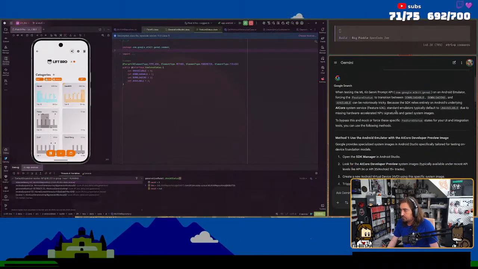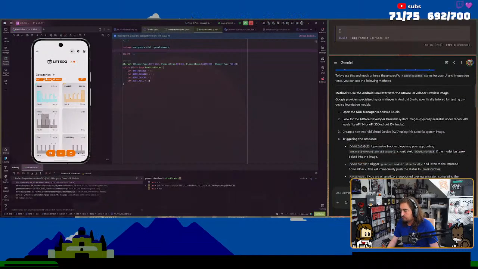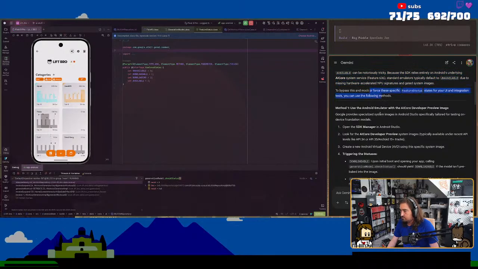Scarzar is an underlying AI core due to hardware accelerated NPU signatures. That's what, yep, that makes sense.